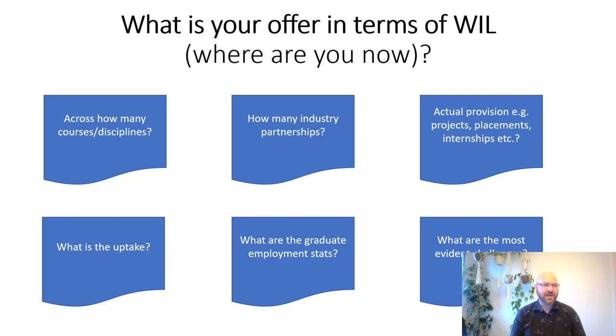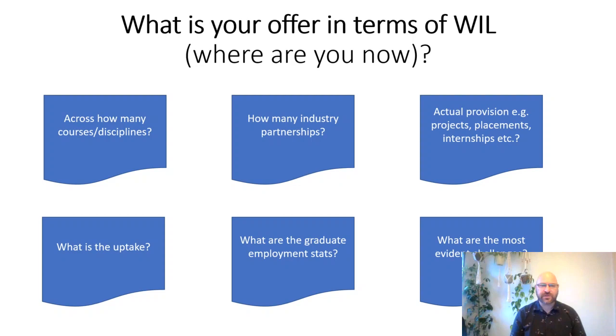Now, of course, with a degree apprenticeship, the uptake is 100% because they are a degree apprenticeship. They are already employed 80% of the time, and 20% off work, which is when they're on campus studying. Do these programs compete with each other? To what degree are you as an institution offering work integrated learning opportunities? How are you engaged with the degree apprenticeships? Because you're not having to organize placements, they're already in work, but that doesn't mean you need to be excluded